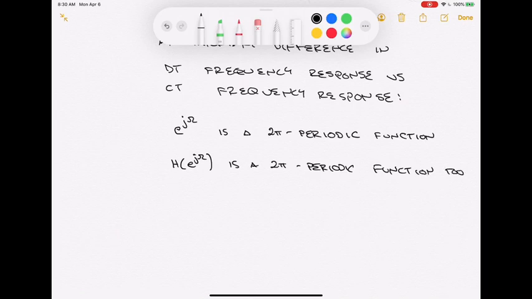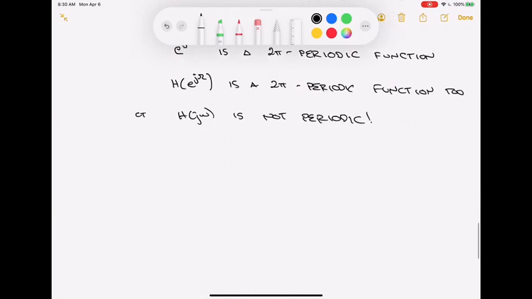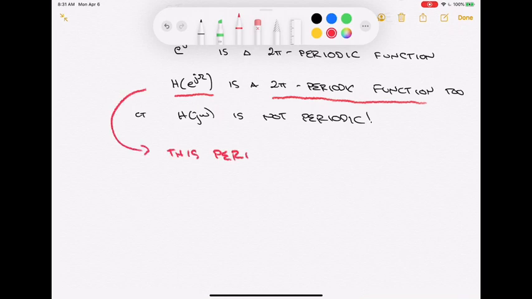Now, for continuous time, the frequency response H of j omega is not periodic, right? We don't get that same periodicity for the frequency response of a continuous time system, but we do get a periodicity for a discrete time system. What does that idea of 2 pi periodicity mean in the context of H of e to the j omega? This periodicity